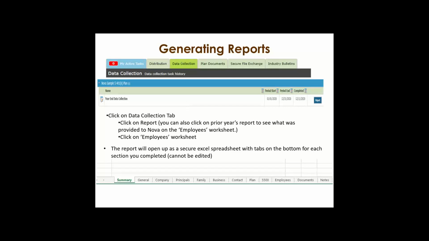What you can do, though, is you can go to this data collection tab and download a copy of what you just completed so that you can have it in your files, okay? So for every year that you've filled out this year-end data collection for NOVA, it will be in this data collection tab. So you would just click on Report. It'll give you an Excel file with different worksheets of each task, and you can save it to your computer